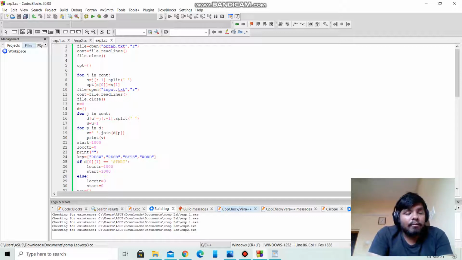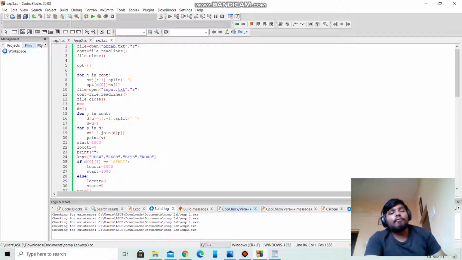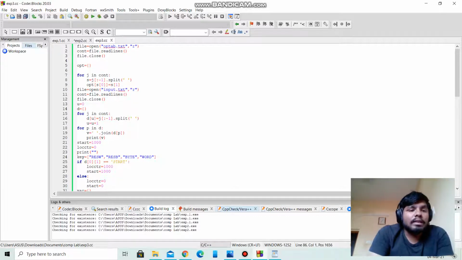We know that in the first two experiments the procedure is the same, but in the third experiment we need to change it a little bit. I will explain it in algorithm manner. First, open and read the input file.